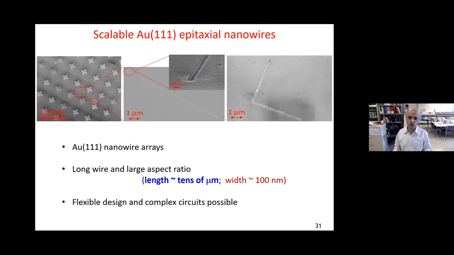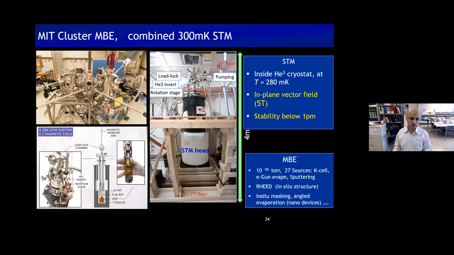So here are some possible nanostructures we can make in the gold. As you can see, it can go all the way down to even 60 nanometers gold with simple SEM-based lithography. That's our system. Part of the reason we do not have fantastic stability is that this is sitting on the second floor, with a very simplistic way of vibration isolation, layers of sand and all those things. And another thing is, of course, we have not optimized the electronic filtering system. That's what we are working on right now.